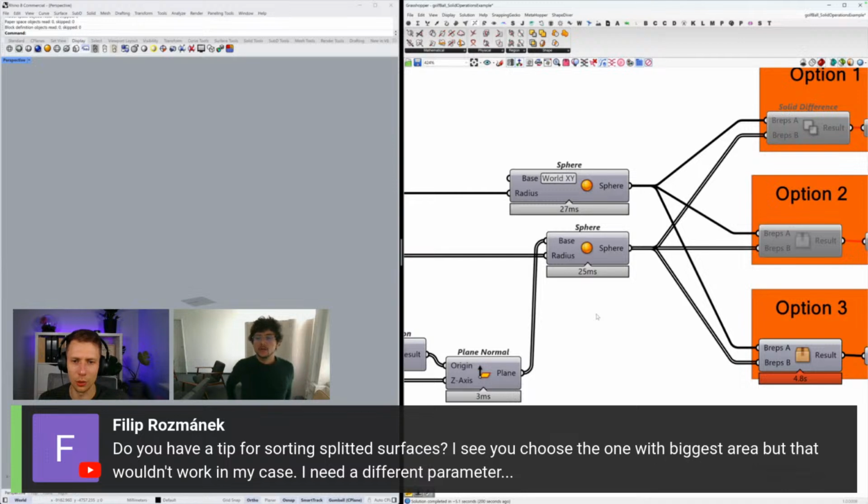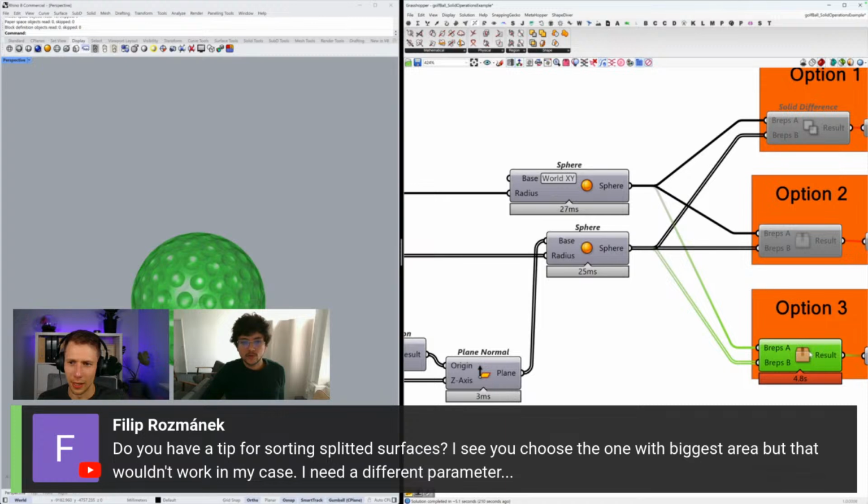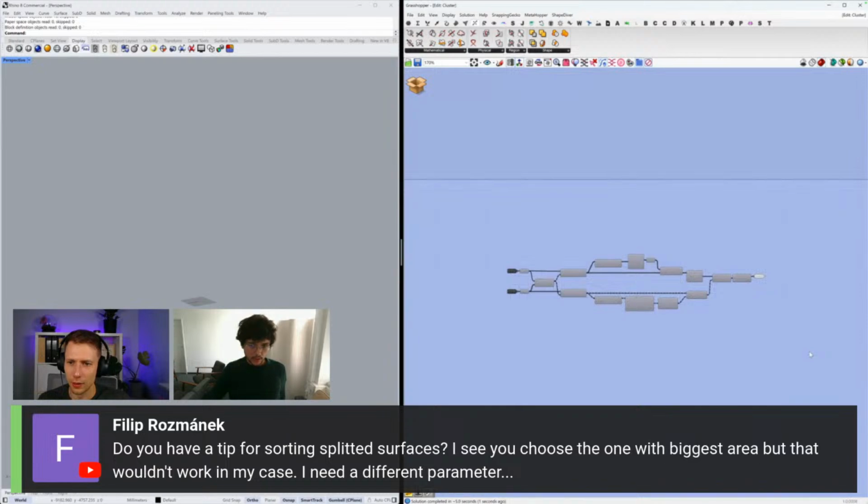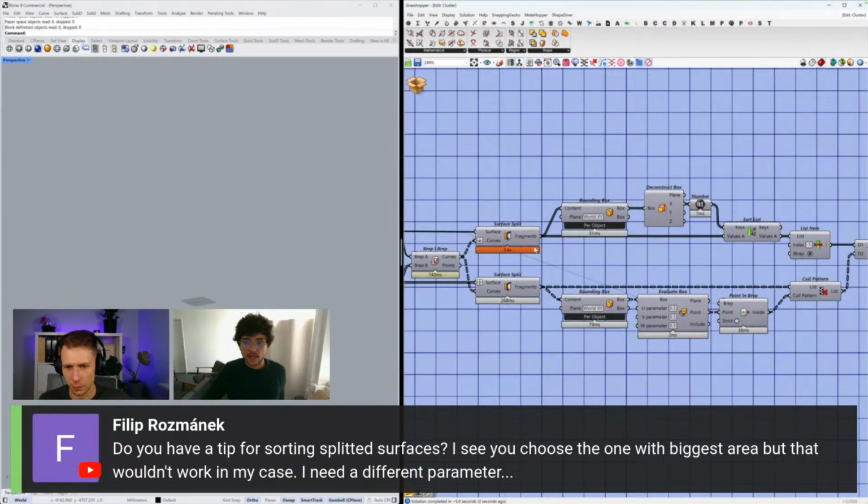What are you using? Well, the thing here is that it's so dependent on the use case. There are so many options that you can do. So we'll have to think use case by use case. But in general, you need to have some sort of connection to the geometry, either the size, the area, or containment. You see that I do also containment checks. This is also a good one.